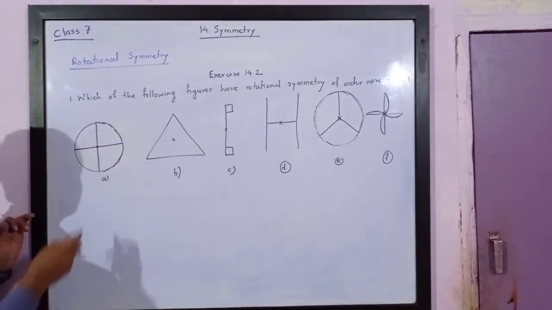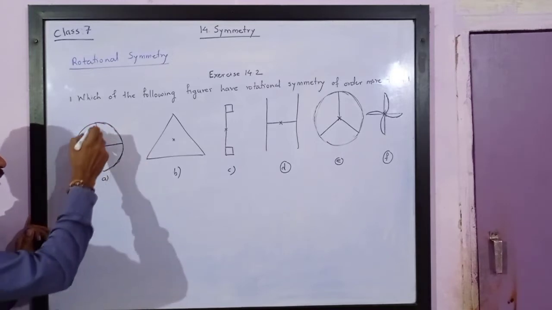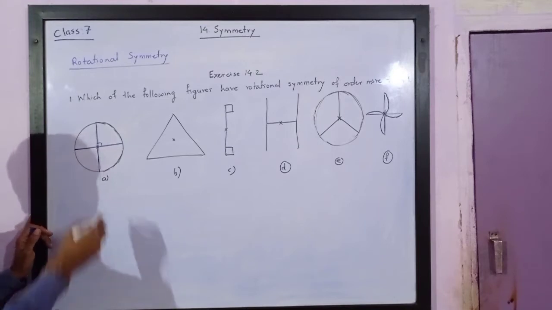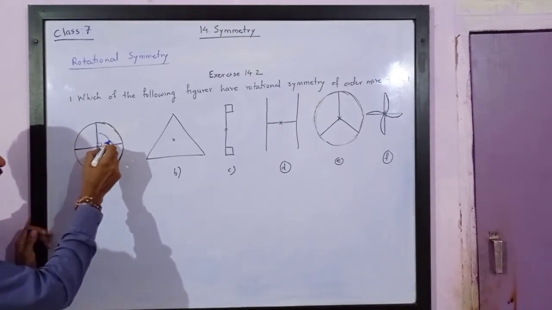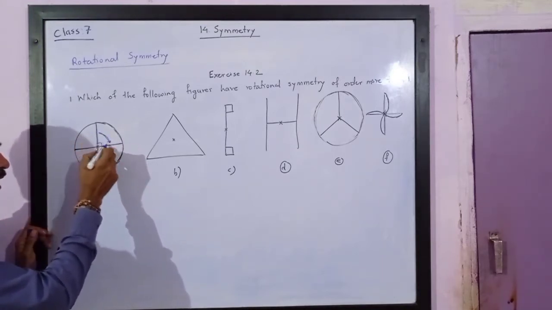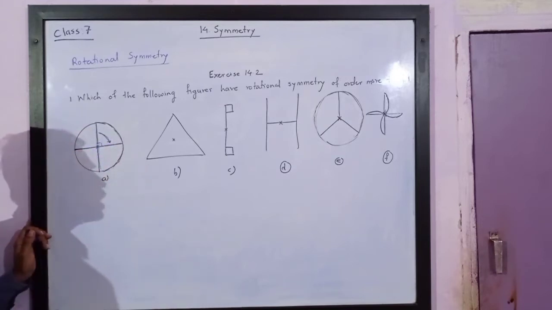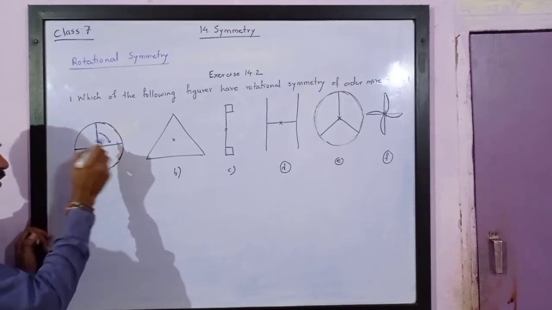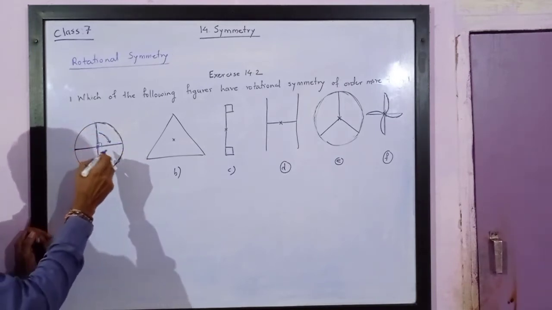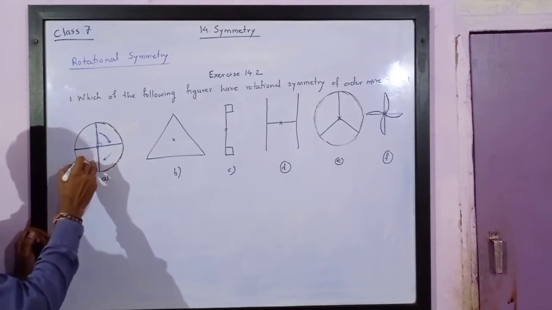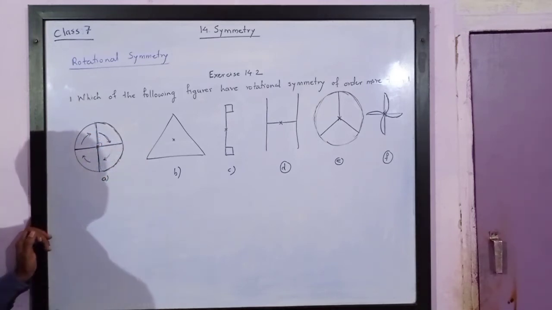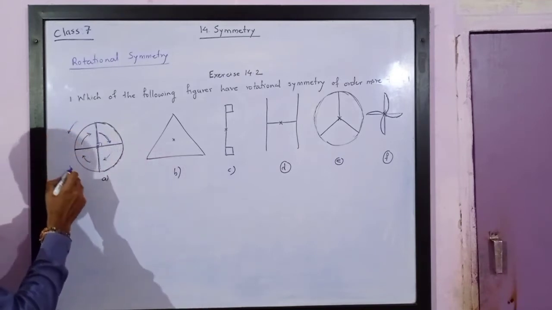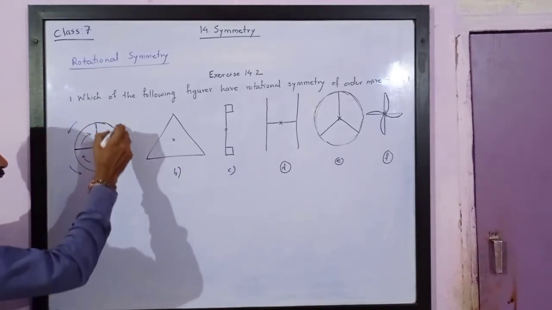Look at this wheel. Now look at this circle, which has two diameters drawn exactly perpendicular to each other. Here, in order to reach this radius up to this point, we will have to rotate it by 90 degrees. Then and only then will this line reach this point. So here you can see we can rotate in the clockwise direction. If we rotate in the clockwise direction, it still has rotational symmetry. If we rotate in the anti-clockwise direction, it still has rotational symmetry.